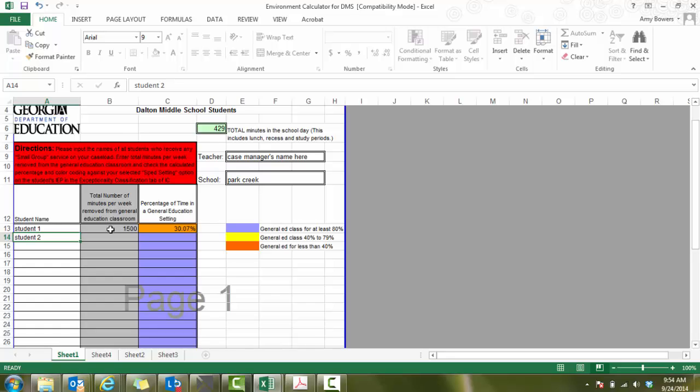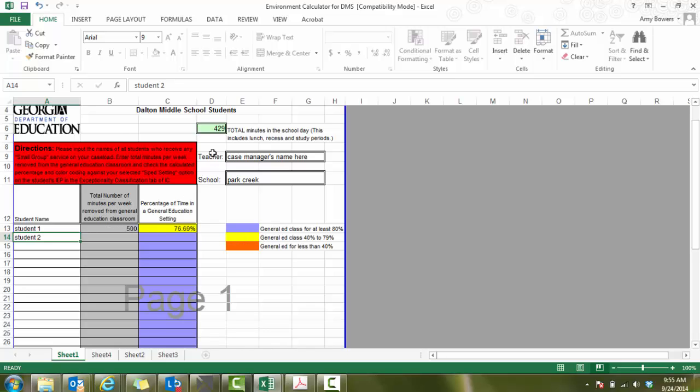So if your student is being pulled out of the general education classroom, is receiving a resource class, then let's say you do that 50 minutes 5 times a week. That's going to be 250 minutes a week. When you input that and you click tab or enter, it's going to give you a calculation here automatically. And what this indicates is that the student is in the general education setting for at least 80% of the school day. Okay? If we increase this number some, you'll notice that the colors change, the percentages changed,